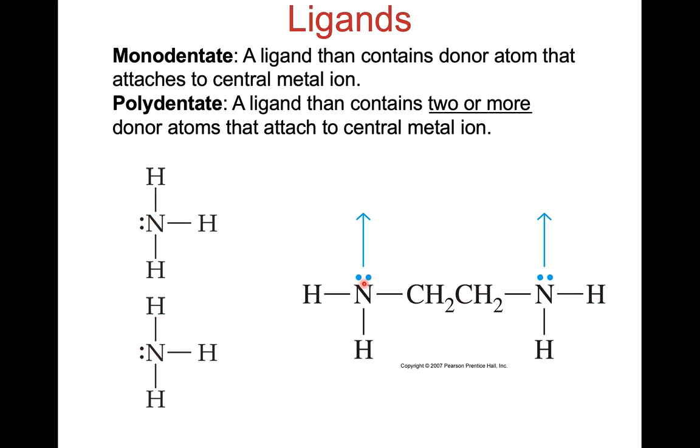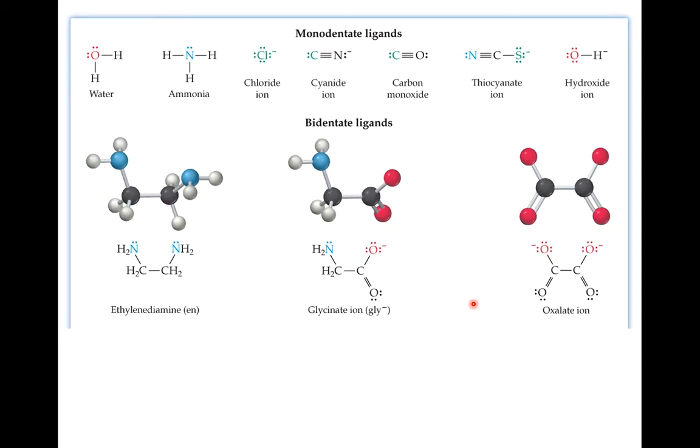This ligand can bind to the metal using this lone pair and can bind to the metal using the other lone pair. So this often will occupy two sites on your metal center. Here's a few common ligands: water, ammonia, chloride, cyanide, carbon monoxide, thiocyanate, and hydroxide. Cyanide basically always binds through the carbon. Carbon monoxide does the same. They've highlighted both ends of the thiocyanate because depending on the complex, actually it can donate through the nitrogen or through the sulfur. And then here's a few common bidentate ligands: ethylene diamine, which we saw on the previous slide,